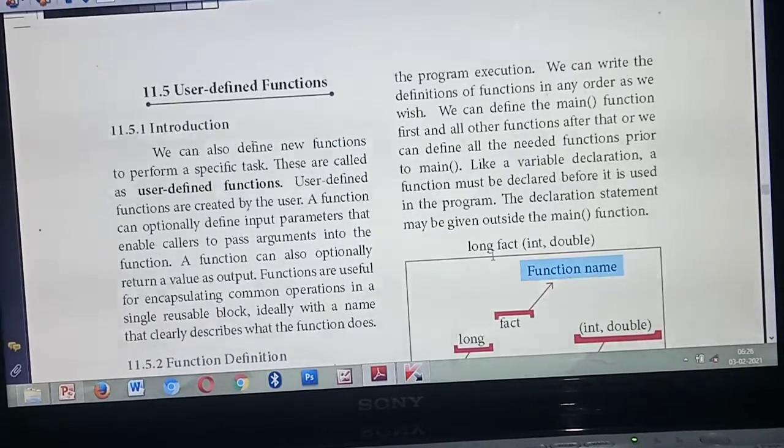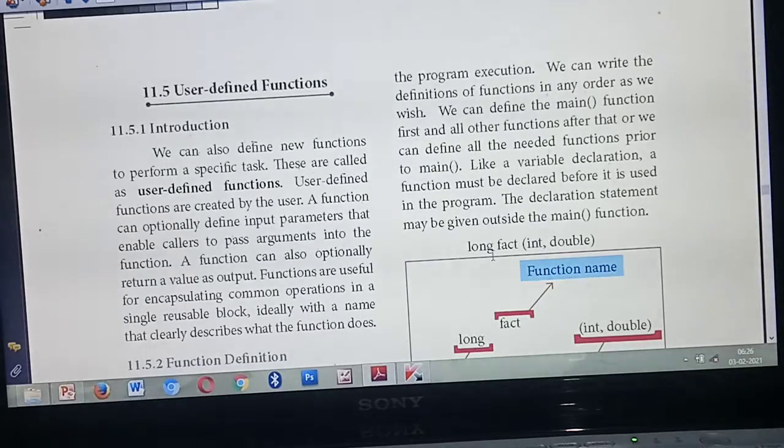Inside the main function you can write definitions, functions, or anything based on your wish. Whatever things you use inside the main function, whether functions or variables or anything, you should declare before you use them. You should declare the variables or function name.